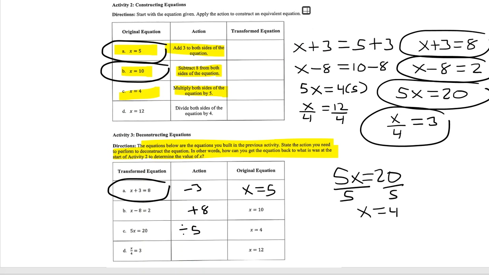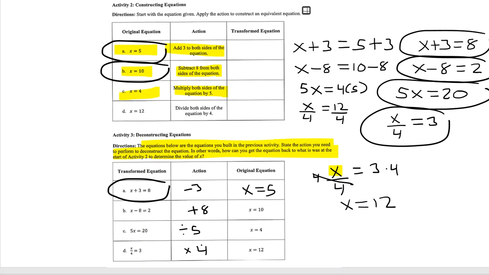Okay, and then the last one, when you have x divided by 4 equals 3, if you want to get back to where this is just an x, you're going to have to get rid of the divided by 4. And the way you get rid of a divided by 4 is by timesing by 4. And you have to do that on both sides. So x equals 12, and we got to that by